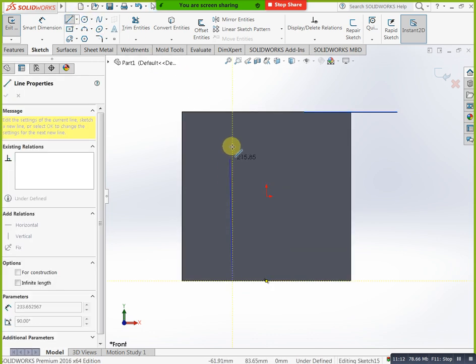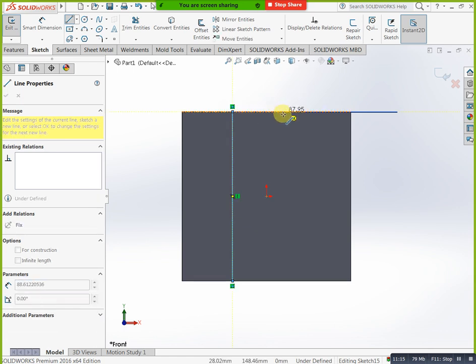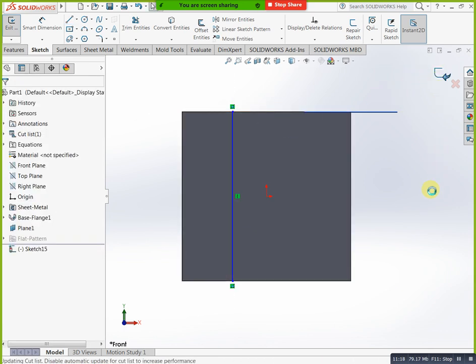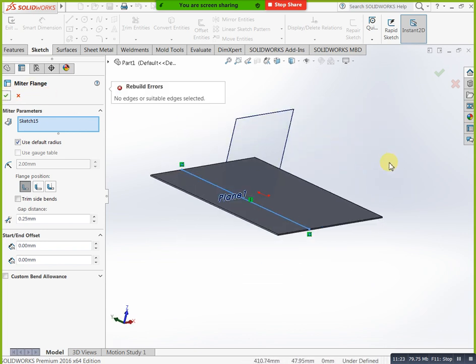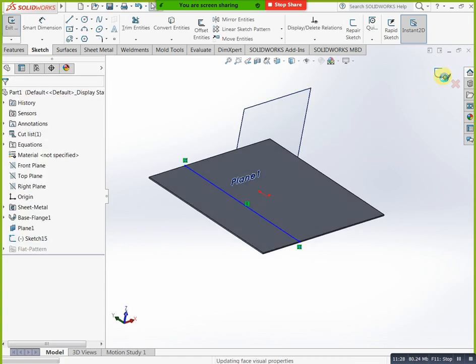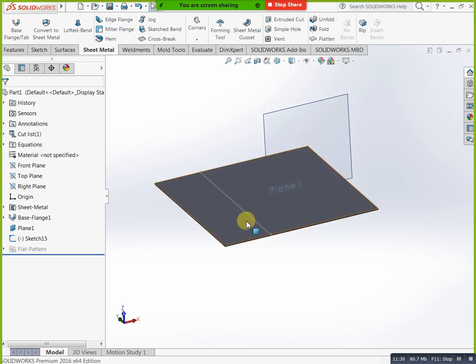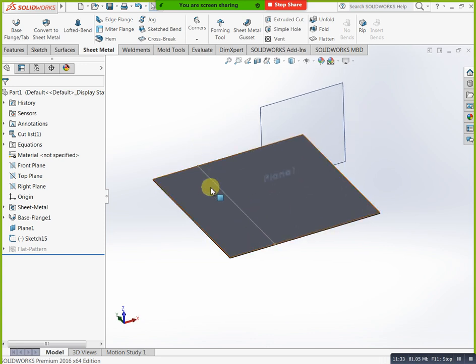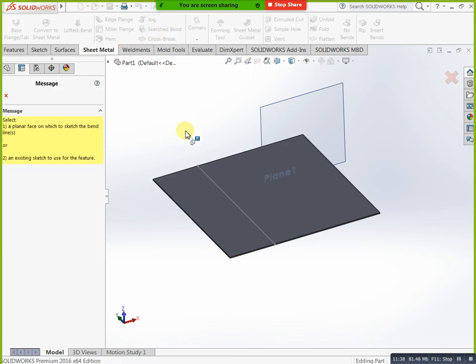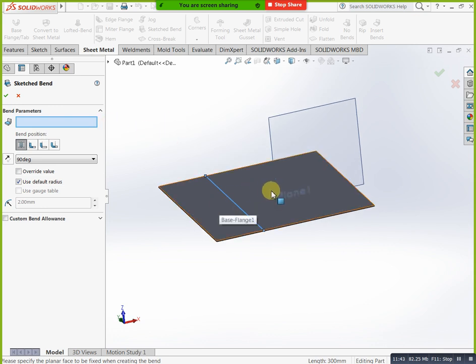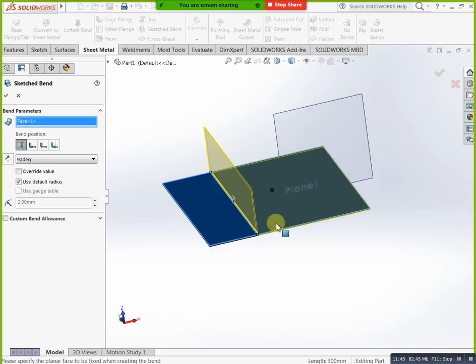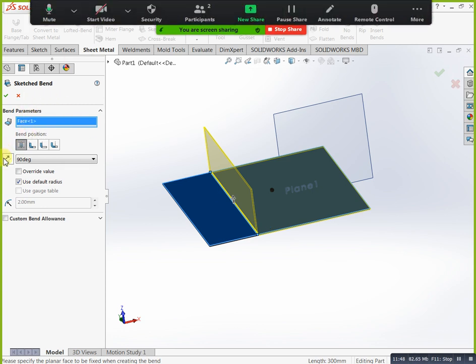Okay, again finish. See, this is our sketch now. Now I need to bend this one at this portion. Here we have sketched bend. You can select this sketched bend and you can select your sketch. See, and you can select your face. See now. If you need to change direction, you can change like this. If you need any angle, you can mention that angle also. Bending condition. Okay, this is sketched bending.